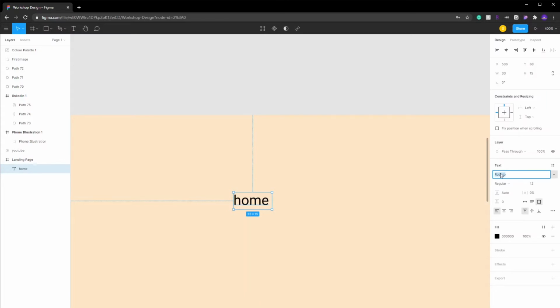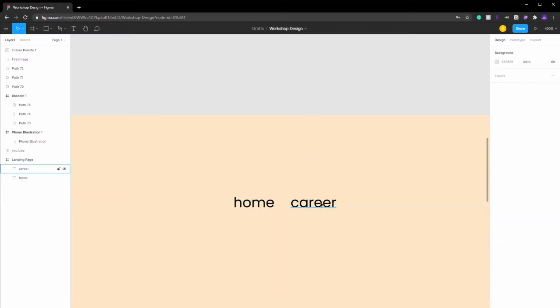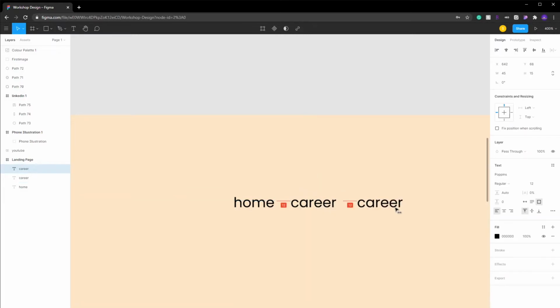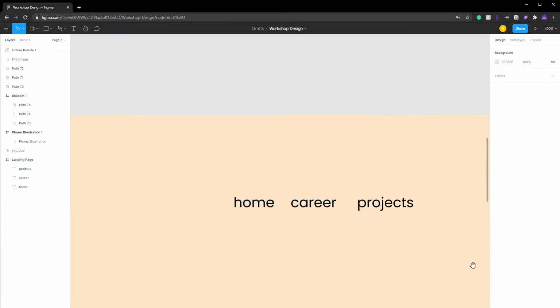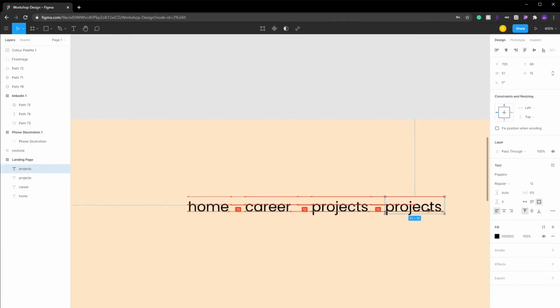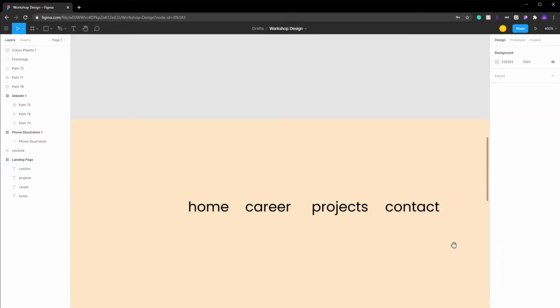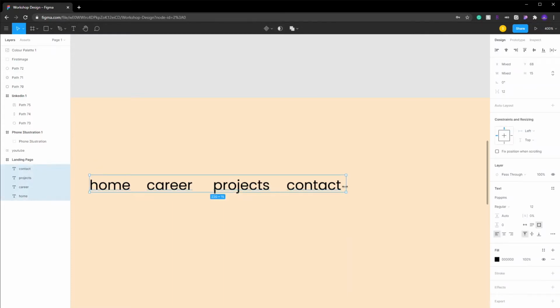So now I'm going to change the font right away. So we're going to go to Poppins and drag out. So, and then we're going to do Control C, Control V, and we can put career. Let's make sure it fits, and then we're going to do projects, and then we want to do contact, and then lastly what you want to do is